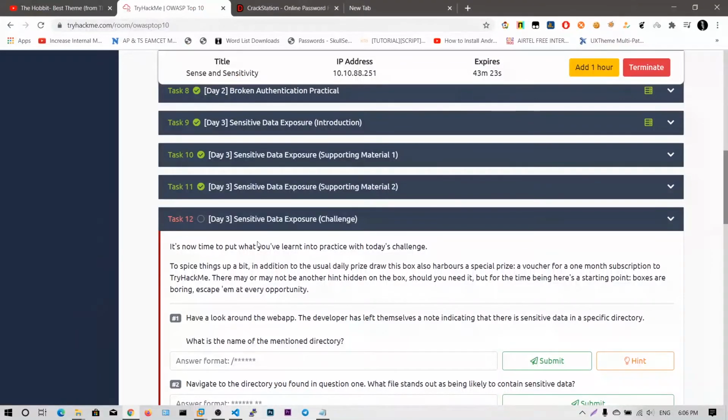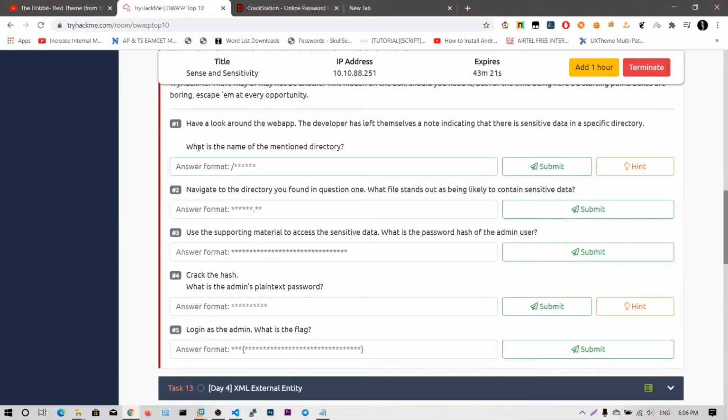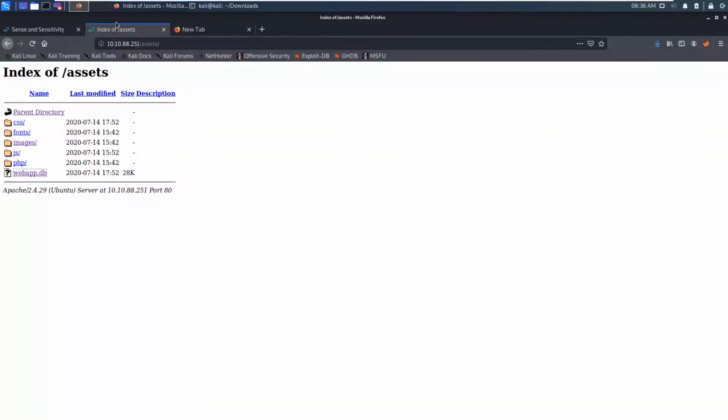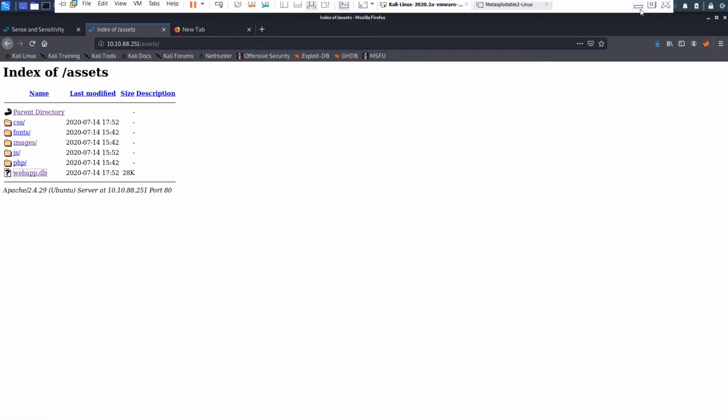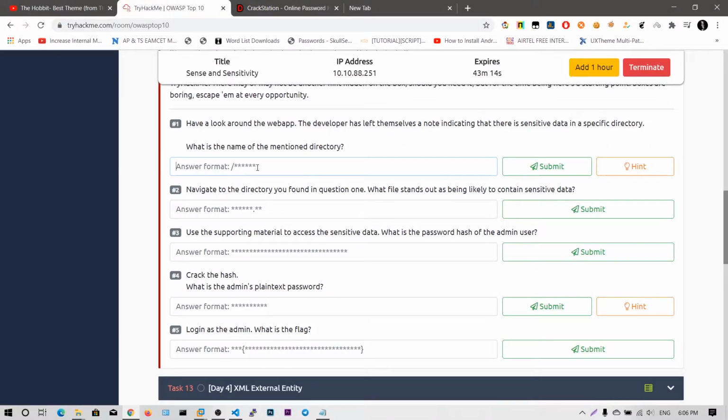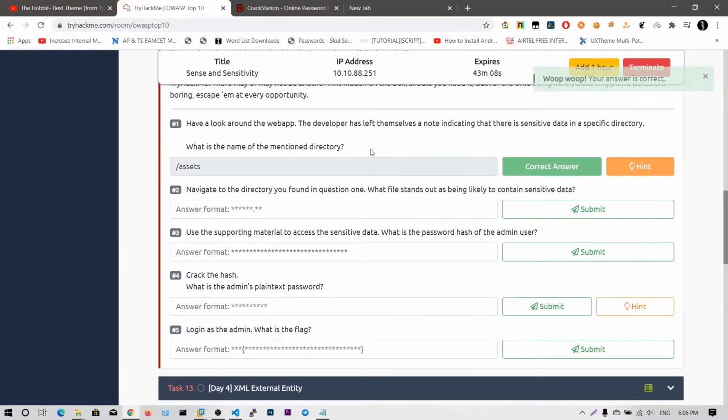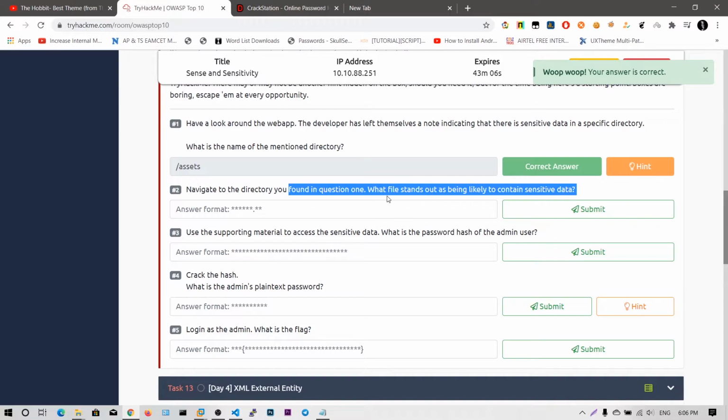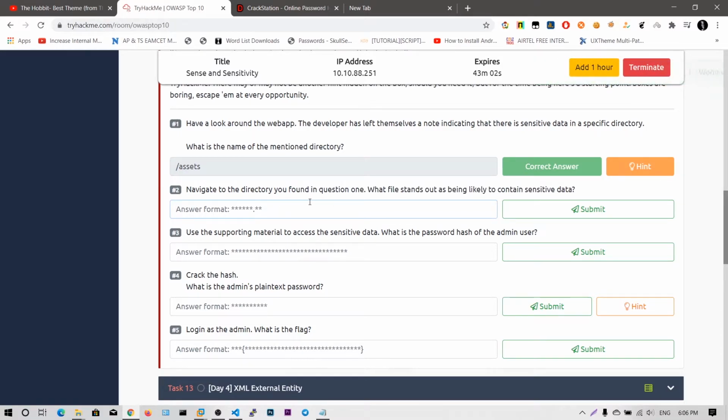Okay, so what they are asking is, what is the name of the mentioned directory. We have got this in the assets, so you see it's the assets. Navigate to the directory found in question 1 and what file stands out as likely to contain sensitive data, which is webapp.db.